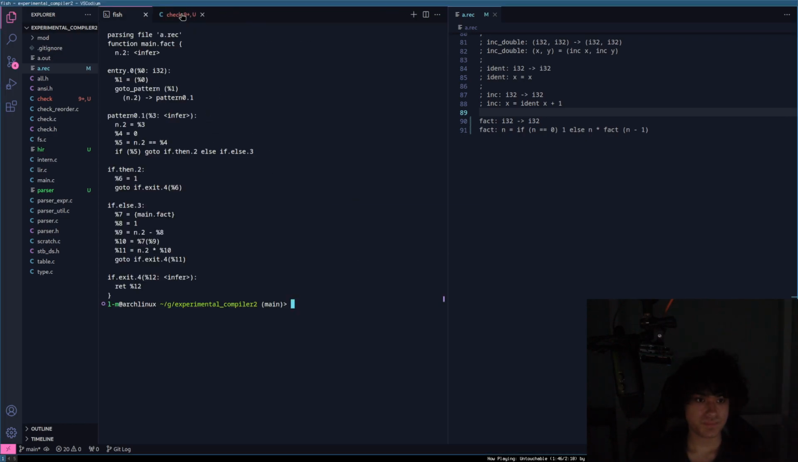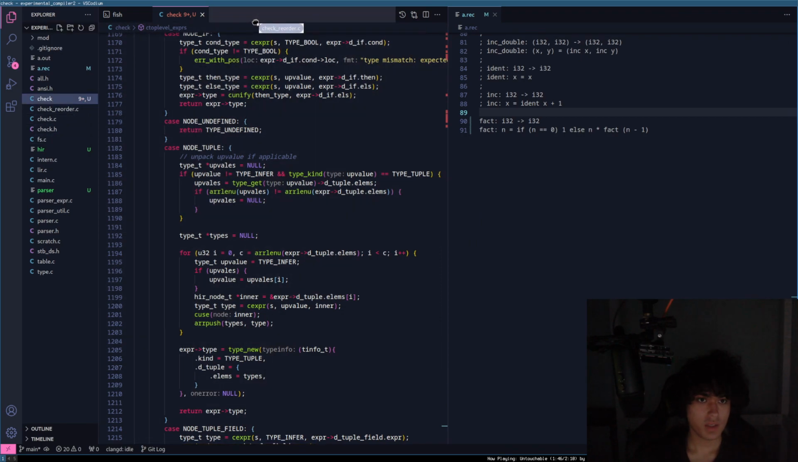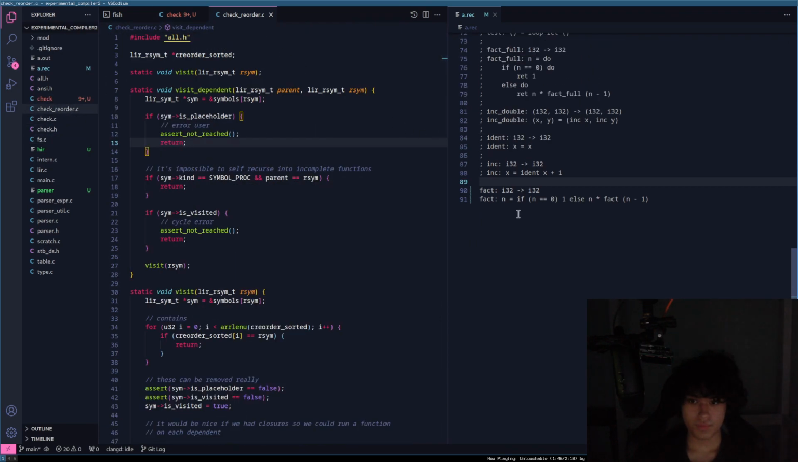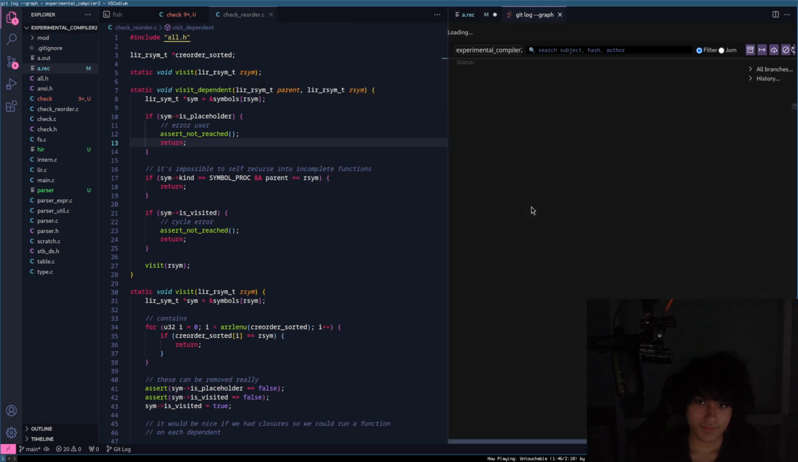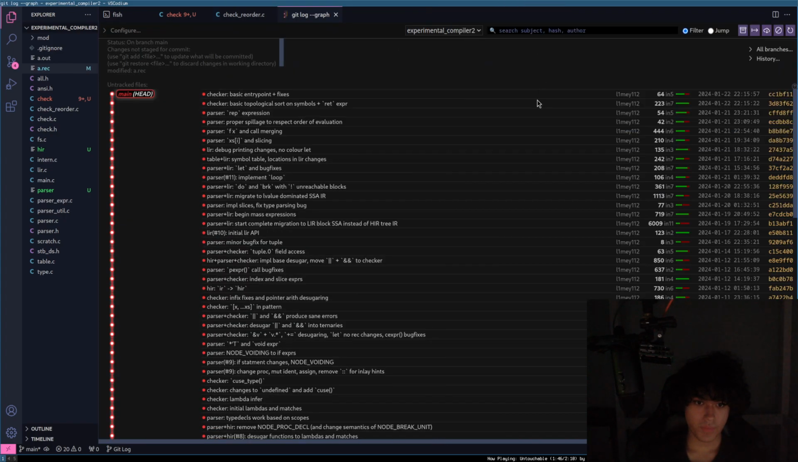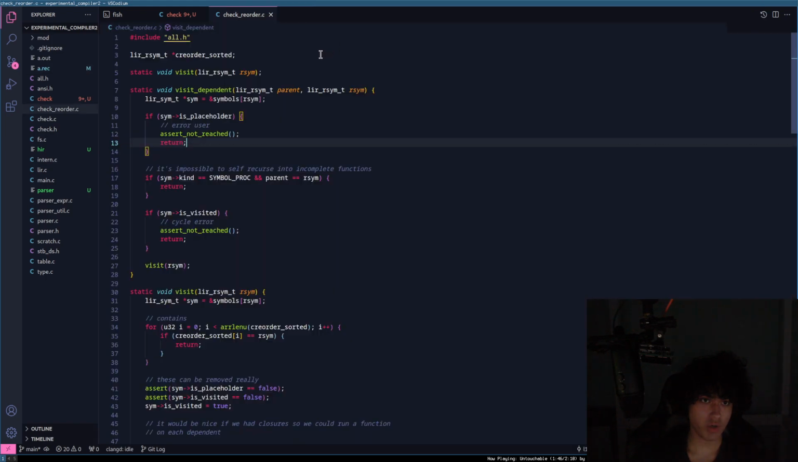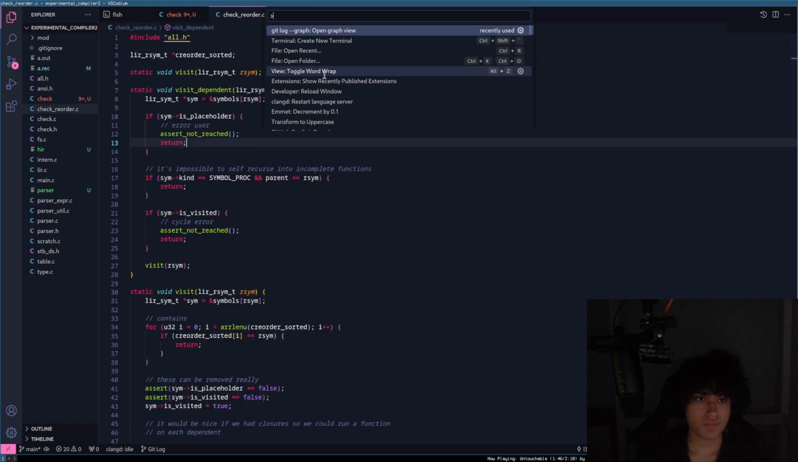Okay, well, let's start. So, what I should explain first. I'm going to explain this first before I get in. There's something that I did, and I talked about it inside announcements. I said basic topological sort on symbols plus red expression. So, what this does,